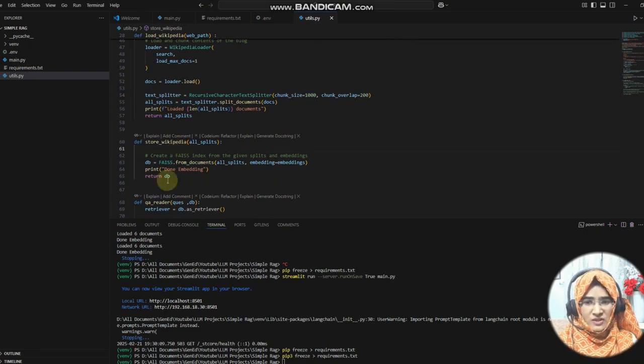Second, we are storing the Wikipedia content. As I said, we have the content from Wikipedia, and we are splitting it. Now what we need to do is embedding on it, and then we have to save the embedding into the vector database. Vector database can be of two types. The first one is keyword search vector database, and the second one is dense search vector database.